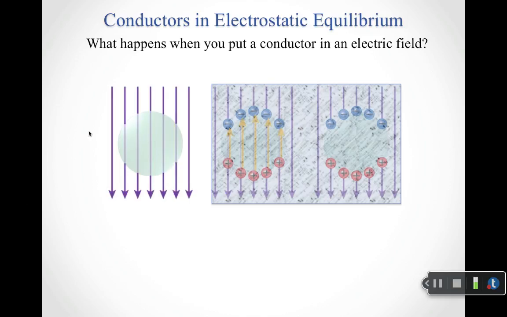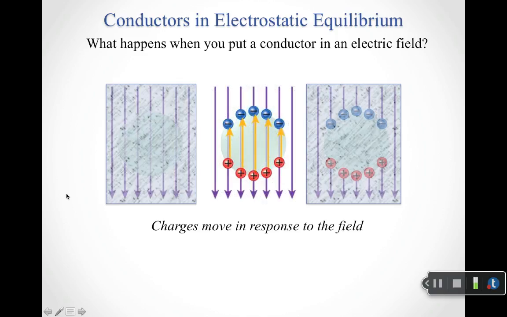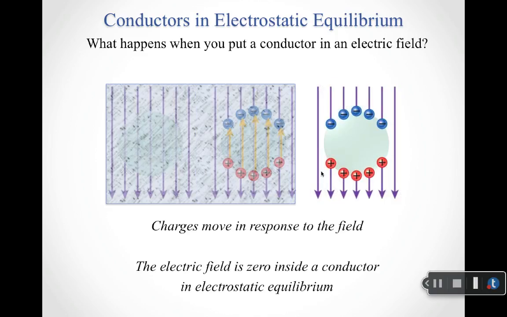So what happens? When we put this conductor into an electric field, because it's a conductor, that means it has free charges. And so those charges move in response to the field. Here we have a constant electric field that points downward. That would be as if there was a positive plate up here at the top, a negative plate down here at the bottom. And so the free charges on our conductor are going to move so that the electrons will line up over here. That will leave a deficit of electrons along this side over here. And basically the charges will continue to move